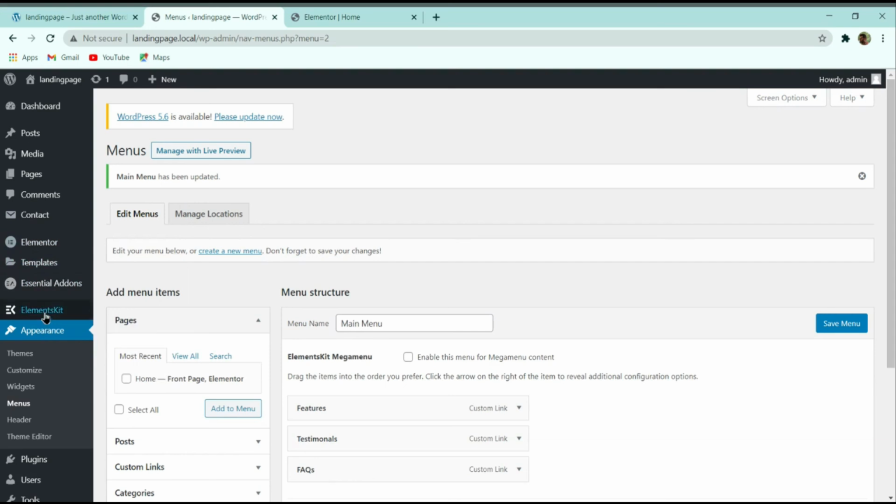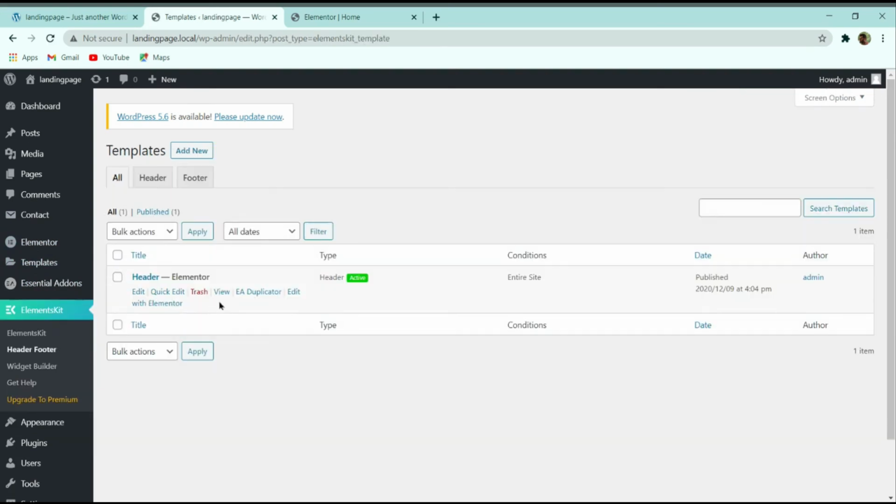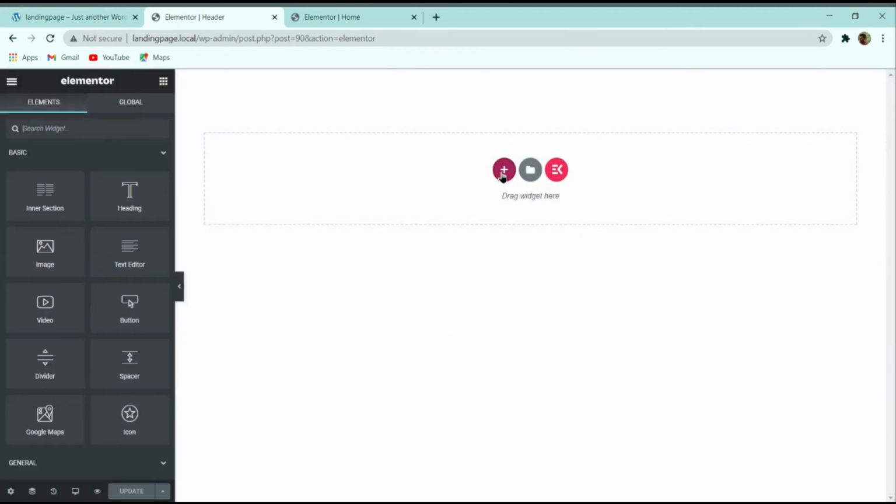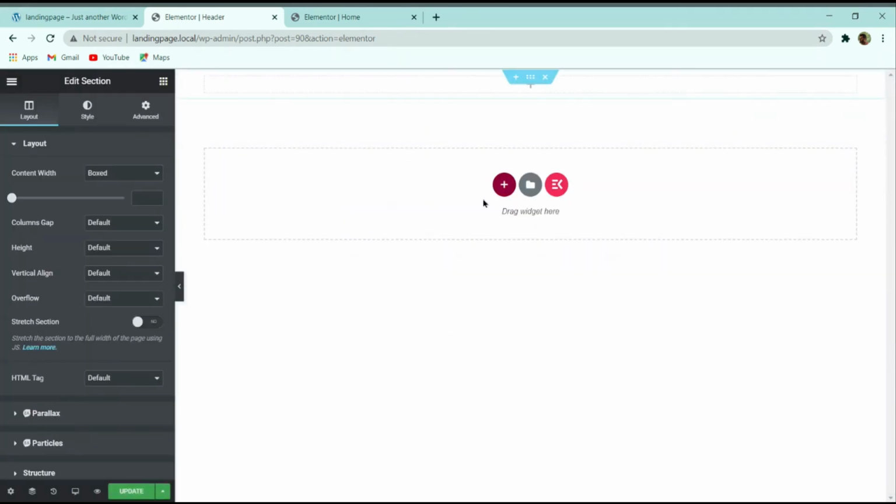Now hover over this Element Kits and then go to the header footer. After that click on edit with Elementor. Now start creating the menu. So first of all, for creating this header, let us take a section, and then here